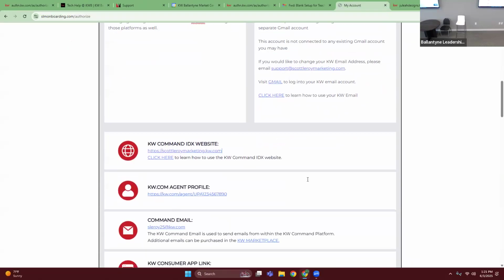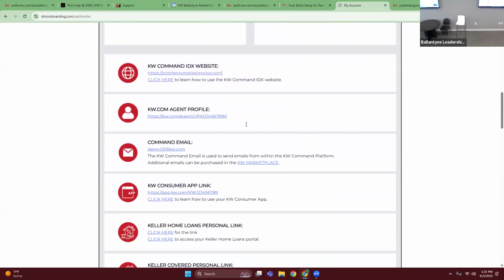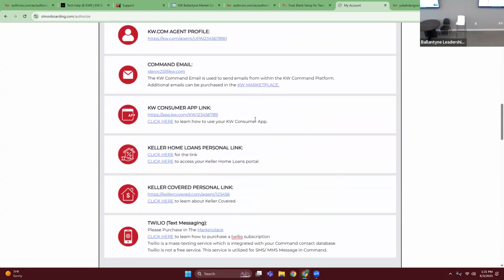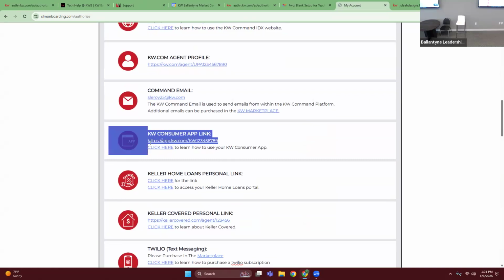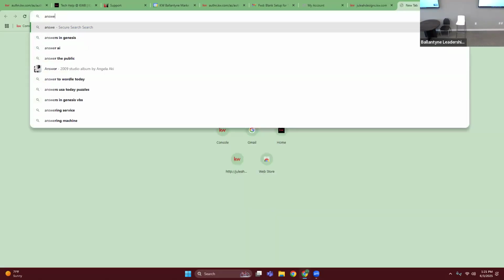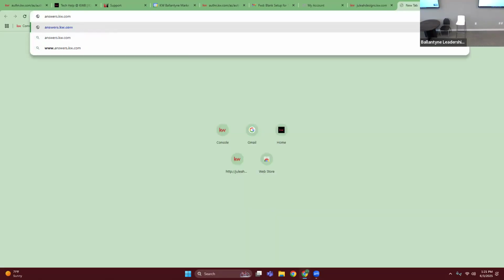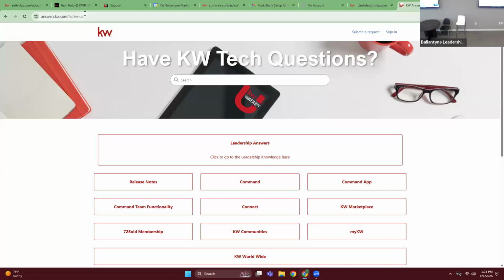Now scrolling down just a little bit, next to the app. Where's the consumer app? Here we go. The KW consumer app and your branded URL. So this is going to move me now to the apps. And for those of you online, I don't have an adapter for my phone, so you're going to have to just follow along while I talk through this. While I do talk through it, this is a great point. I like to mention